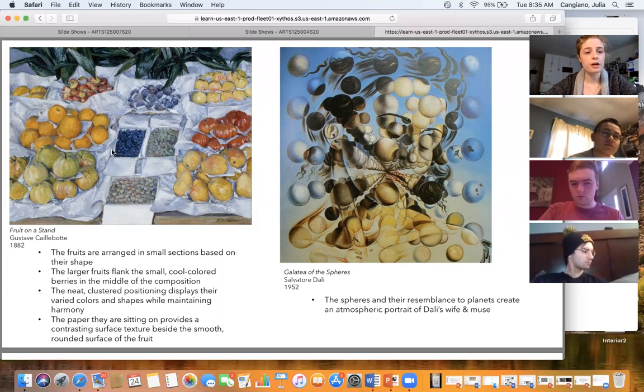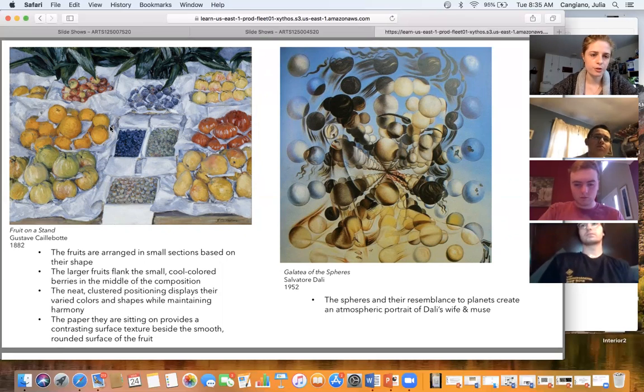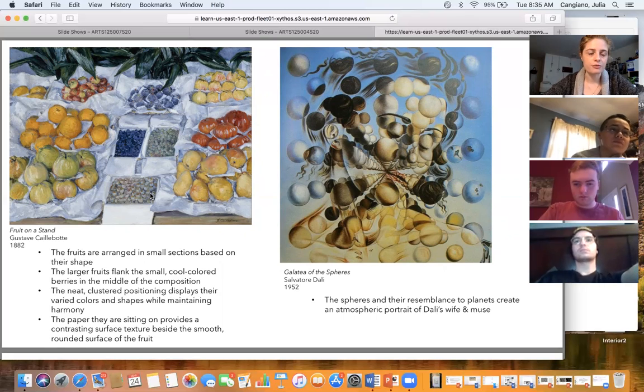Oh, in the paper, so I said that one of the things that was varied was the paper underneath, because most of these fruits or veggies are fairly warm colors and kind of bright, and then they're contrasted by this paper underneath them, which is a cooler bluish hue. So that's a really interesting juxtaposition. But overall, he's mostly grouped these together based on their sameness in their category. So that's one example.